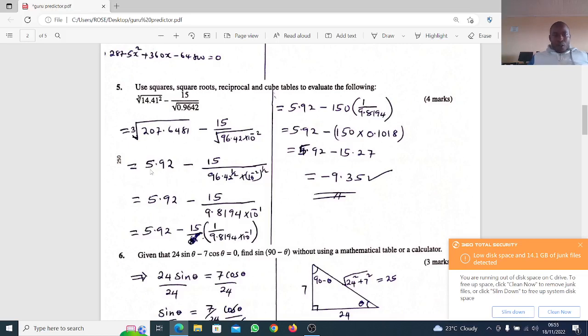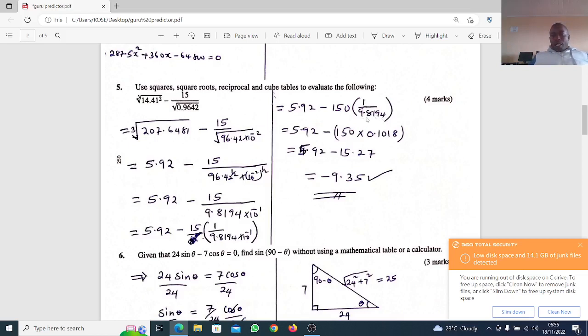So if you find the cube root of that as 5.92, then now minus 15 all over 9 point all this. Now we find the reciprocal, because we've been told to use the tables of reciprocal. So we need to find the reciprocal of this. So it is 15 times 1 all over 9.8 times 10 raised to the power negative 1. And we know the reciprocal of 10 negative 1 is 10 positive 1. So 10 positive 1 times 15, because we multiply by 15, gives you 150. So we shall be having 5.92 minus 150 times the reciprocal of 9 point